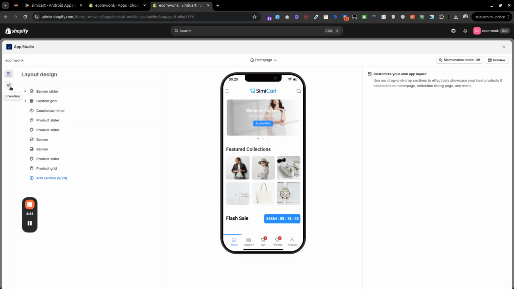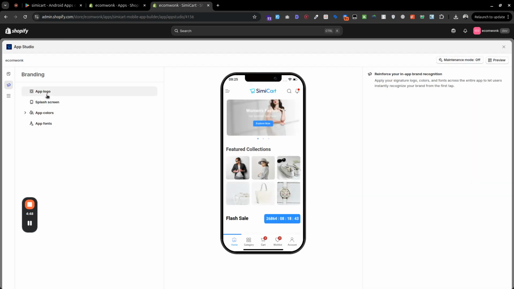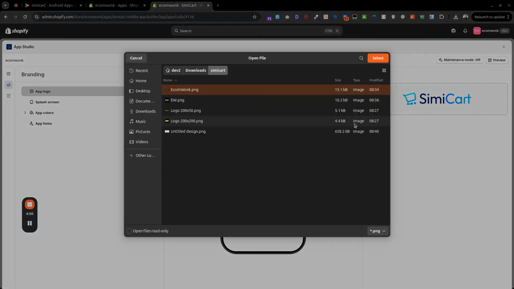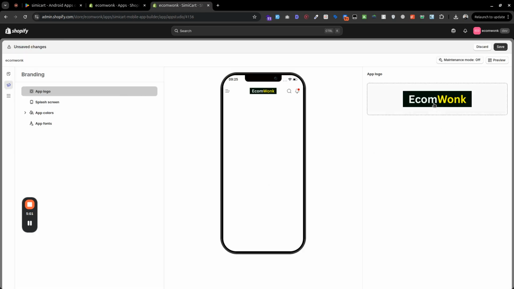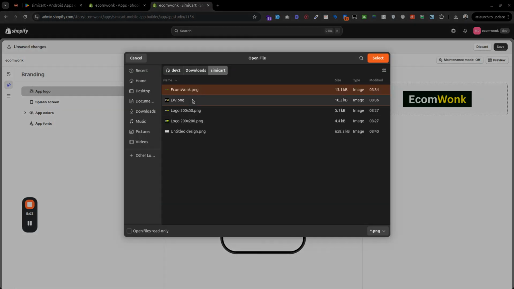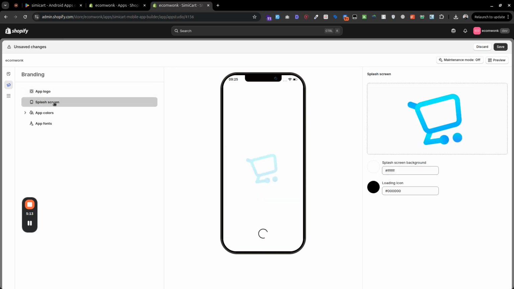Okay, we can personalize the branding, we can change the logo, and I'll select this logo. If you try to add some picture like this, you can see it mentions that the logo must be of these dimensions, 768 by 180 pixels at least. And similarly, the splash screen,